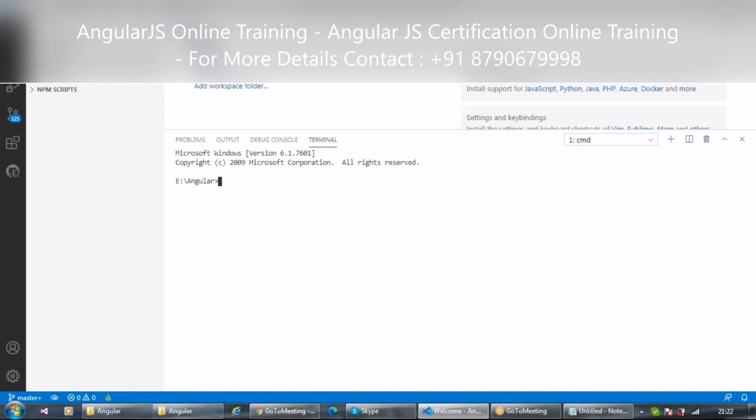Okay, now I want to create a new application. So how can I create it? Now, how will Angular understand this command? Everybody has some nickname, right? Likewise, Angular also has a nickname.